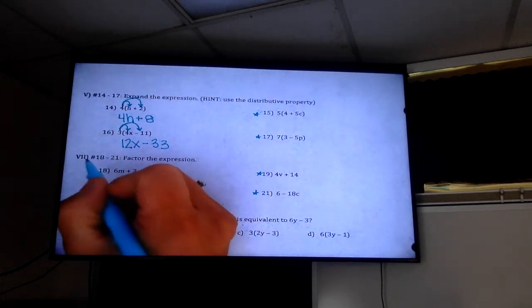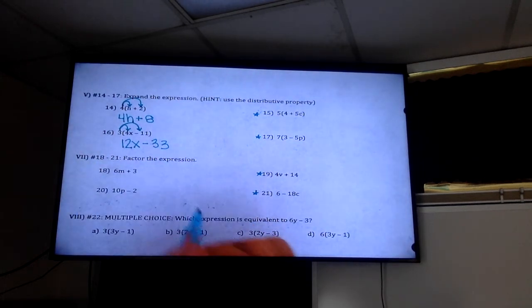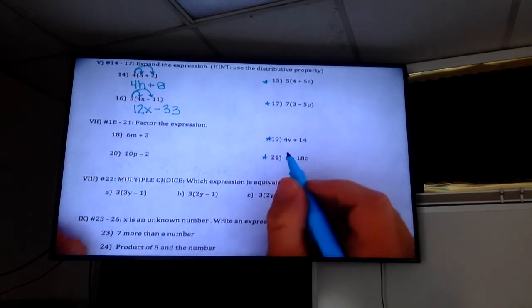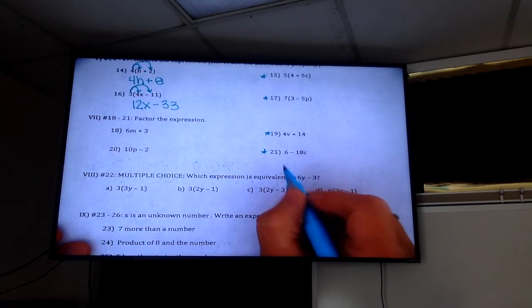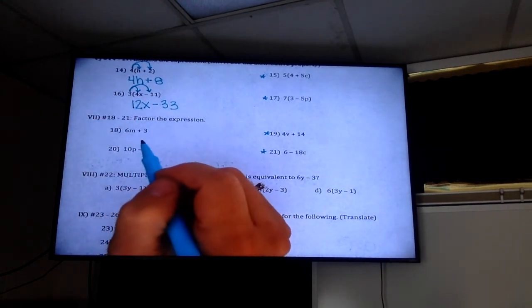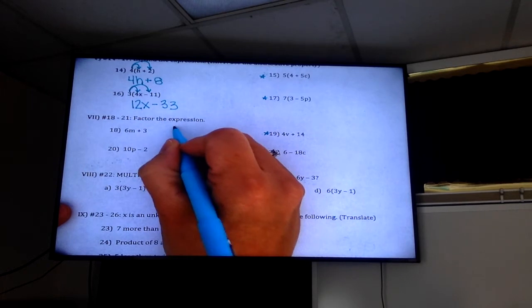This should be section 6, but section 7, numbers 18 through 21, it says factor the expression. So again, these two with the star you're going to do on your own, and those are the last two you do on your own. So factoring is basically the reverse of what we just did. So when we factor,